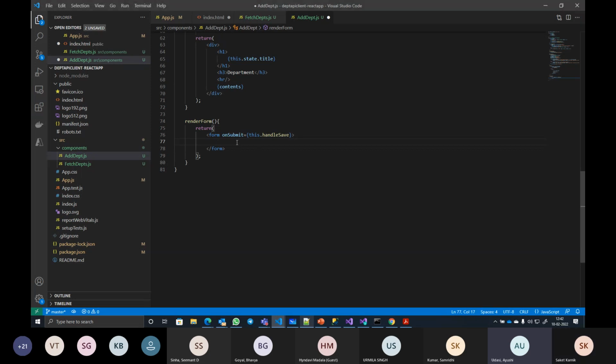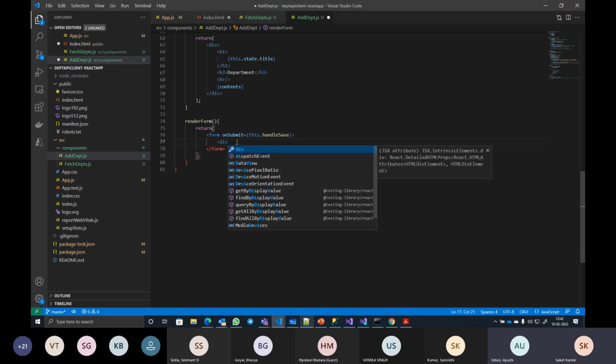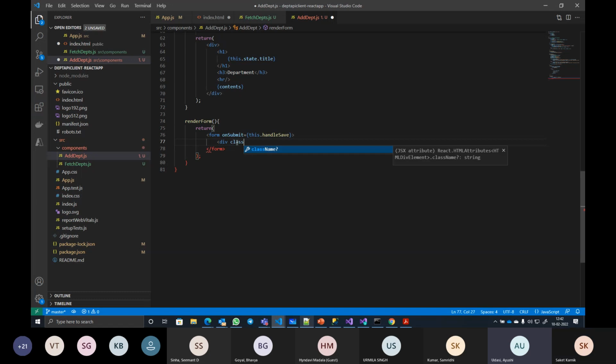Then here I have a div with className form-group row.